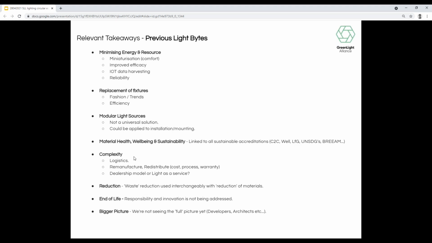And speaking of complexity, the previous talks covered issues like reverse logistics for getting products out of buildings and not being disposed of but being moved to other sites. Remanufacture and redistribution, like the process is, I think again Helen mentioned that it's a non-uniform process, and production lines are set up in a way to make products but not necessarily to remanufacture them, and that's a big challenge to overcome as manufacturers.